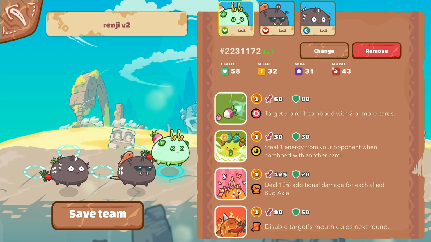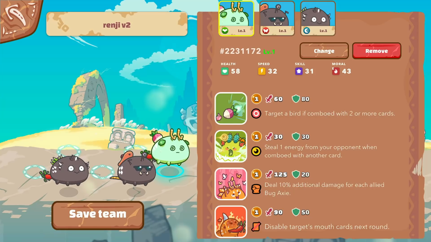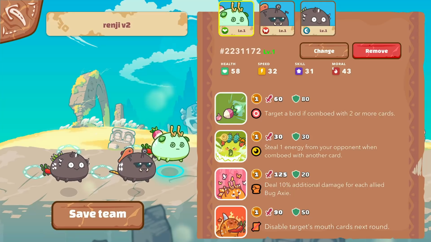So I'm running a Turnip Tank right now so I can get rid of those pesky birds if ever. Overall, this team is very balanced and can win against most comps if played well. One matchup we don't fare well against is the double poison backdoor comp, since